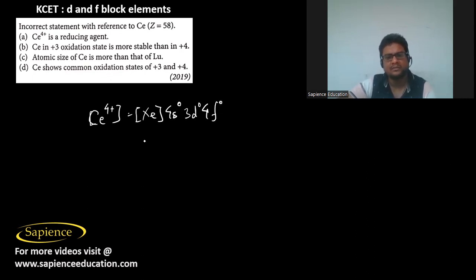So it will be Ce4+. So it will act as an oxidizing agent. So Ce in +3 oxidation state, okay. So here +4 oxidation state will be very stable, since it will have the electronic configuration of xenon, and atomic size of Ce is more than that of Lu, then